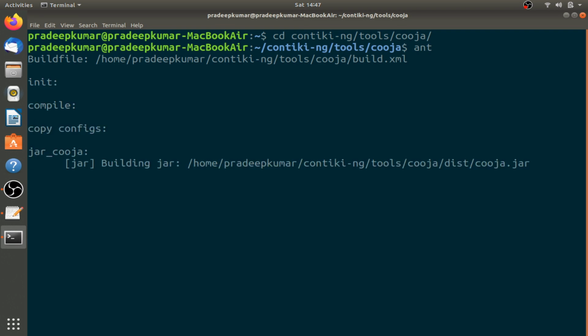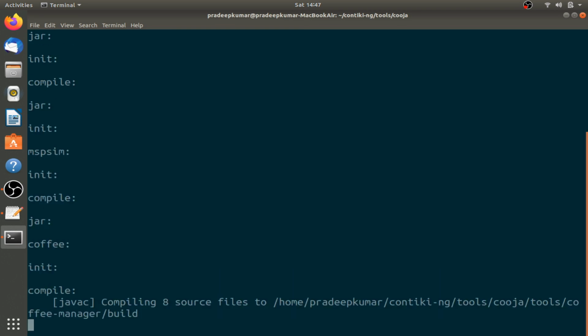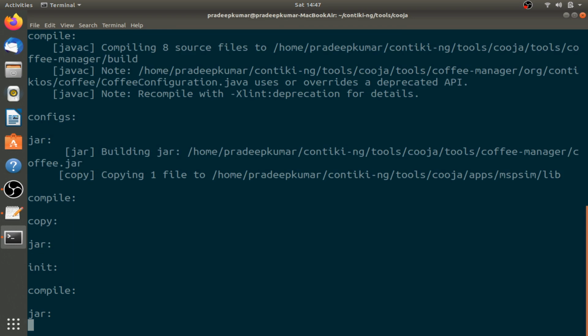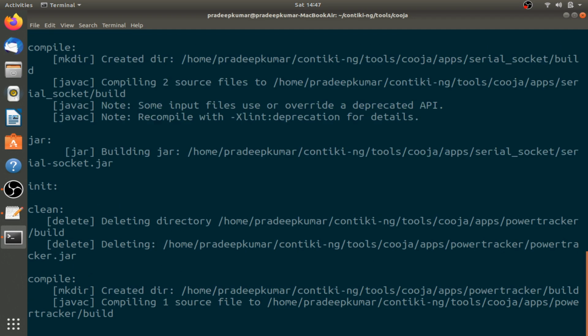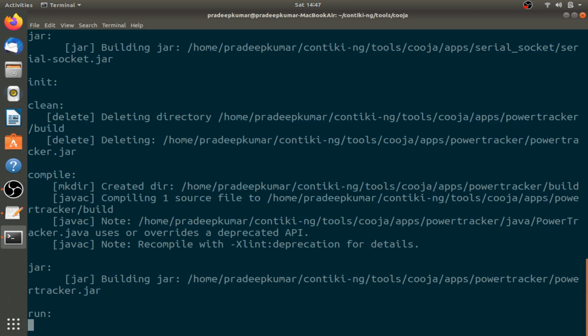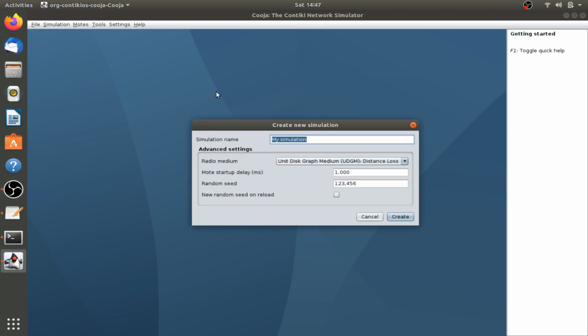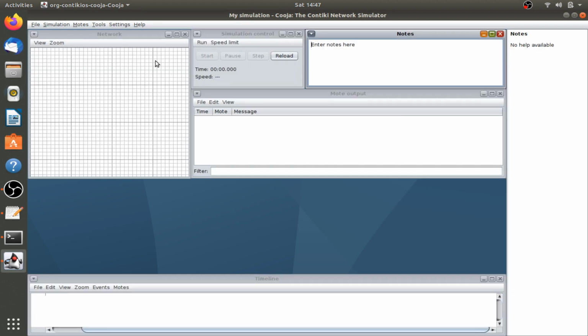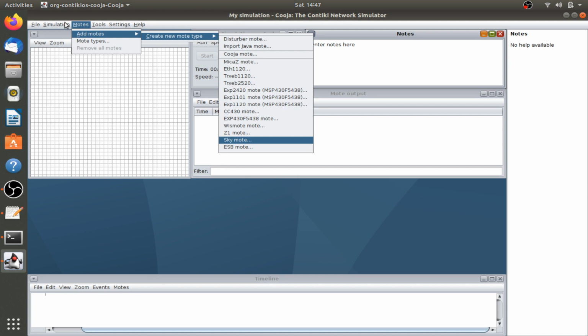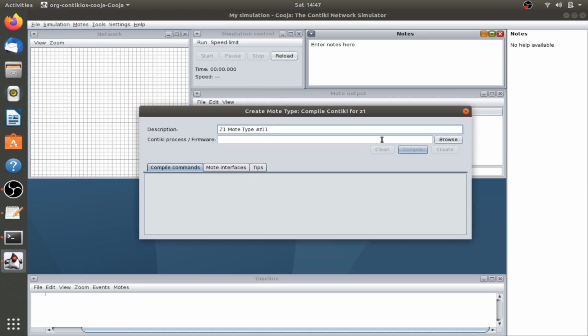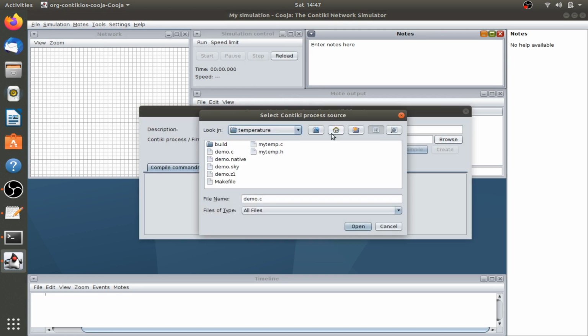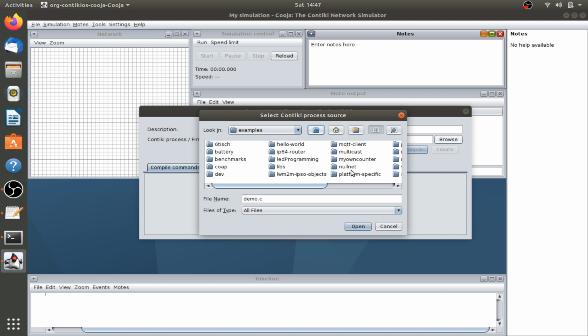Now open the editor, the Cooja IDE. Go to File, New Simulation, then Create. Again we'll be using Z1 motes here. Add motes, Z1 motes, browse, and go to nullnet.